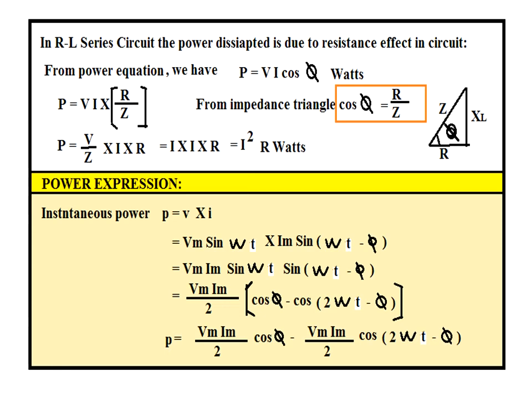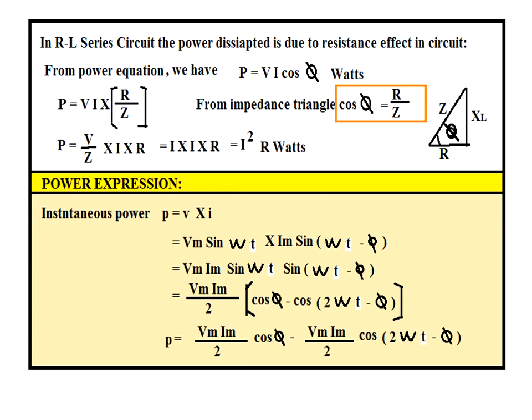Hence, it shows that in a given RL series circuit, the resistance alone consumes the power. Resistance in an RL series circuit consumes the power. Hence, power is also equal to I square into R. Remember, if R is available and I is available, the power is also equal to I square into R watts.